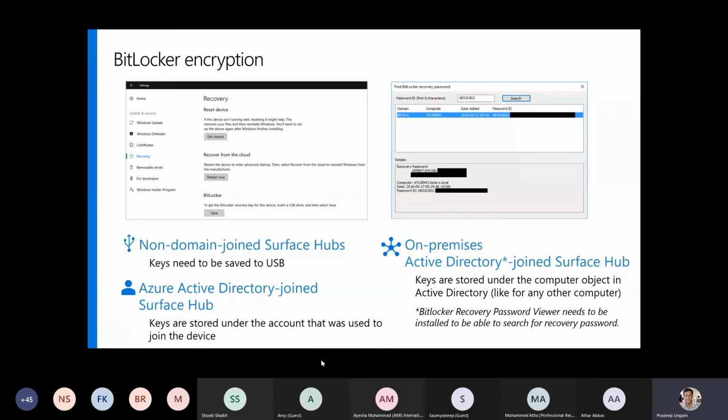BitLocker encryption: in order to recover the device, you need the BitLocker key, because as I said, it's the most secure device. So if you join to a domain, the BitLocker key is saved to the domain in the computer object. But if not, you need to save the BitLocker key on a USB. So very important, if by any chance you configure Surface Hub with a local admin, unless you save the BitLocker